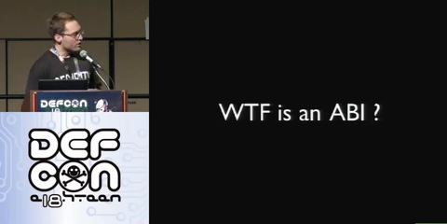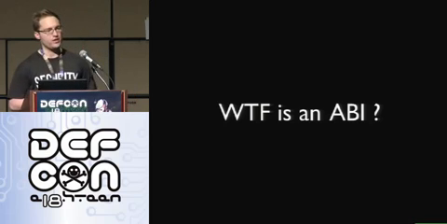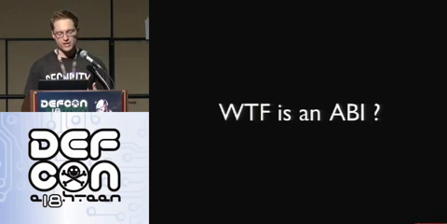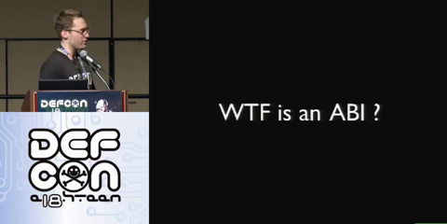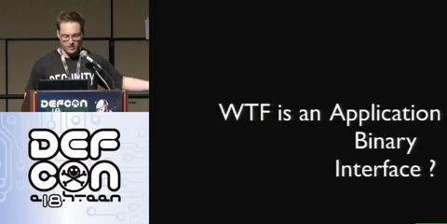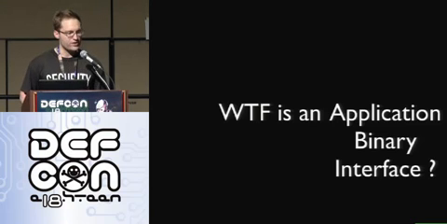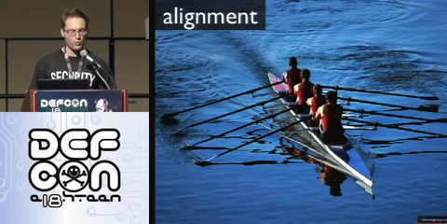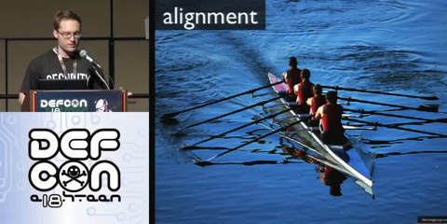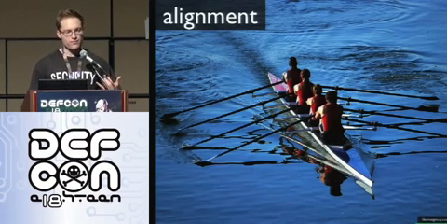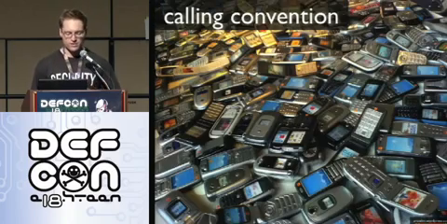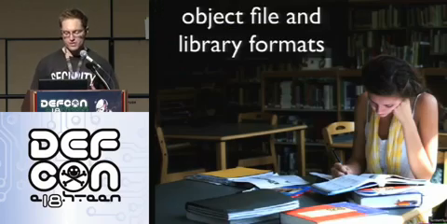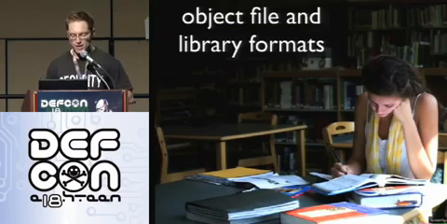To actually do this, we need to know a few things. We need to know about the ABI for the system we're working on. The question we need to start with, though, is what's an ABI? An ABI is an application binary interface. So what does an ABI actually tell us? Some of the more important things for this talk are that it tells us about alignment, the alignment of the program stack, data types, stuff like that. It tells us about calling convention, how functions are called, where arguments live, how that stuff works,